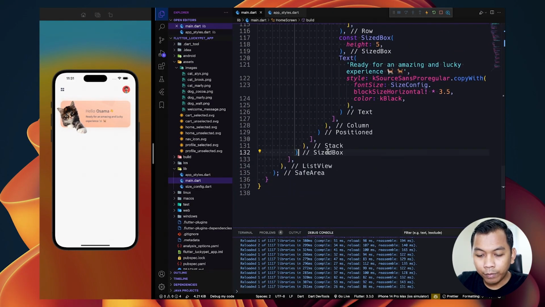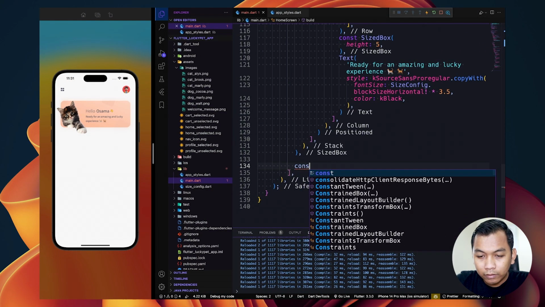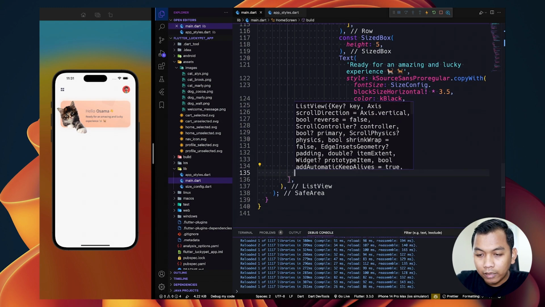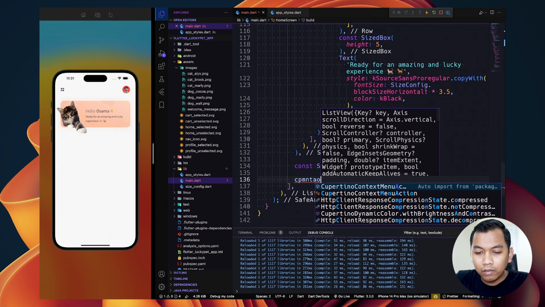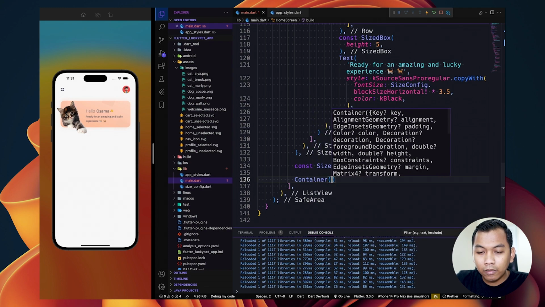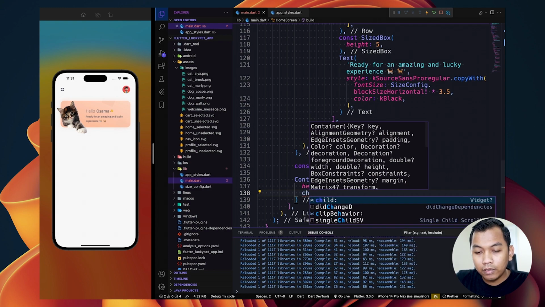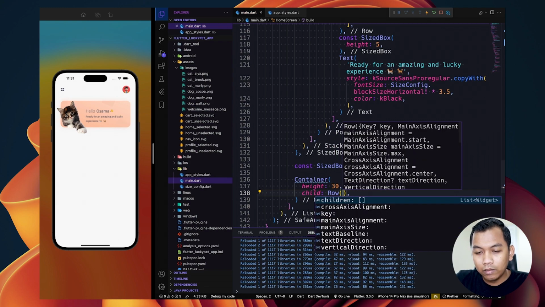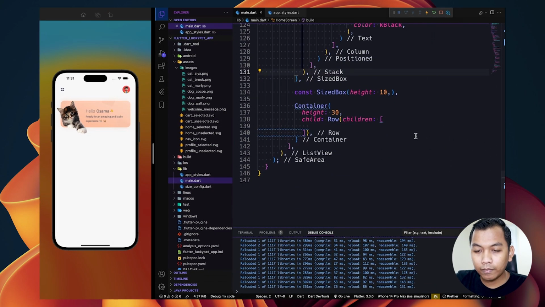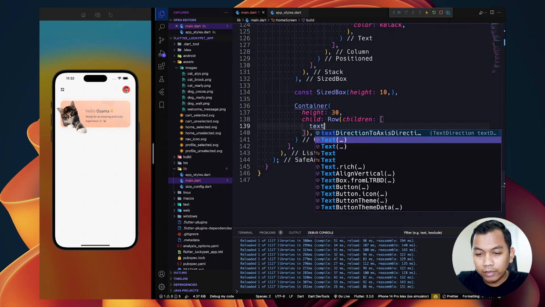So what we need to do here, below this size box, we can add a size box again, 10, and below that we can use a simple container with the height of 30, and we will have a child using a row widget, and the row widget has children, and here we can add a text widget.